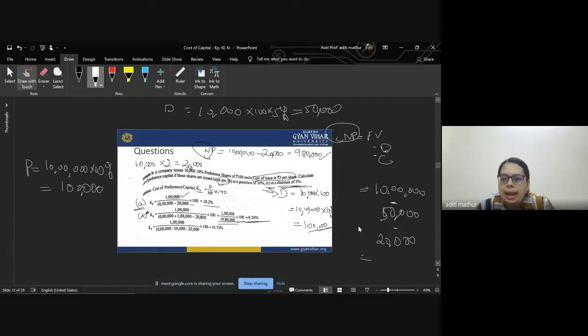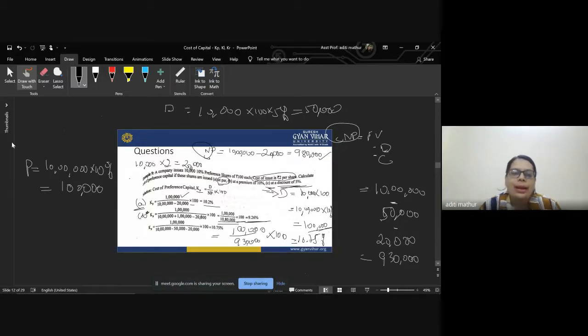So 10 lakh minus 50,000 minus 20,000 is equal to 9 lakh 30,000. And now let's put the figures in our formula, which is 1 lakh, which is our dividend, divided by 9 lakh 30,000 into 100, which will give us